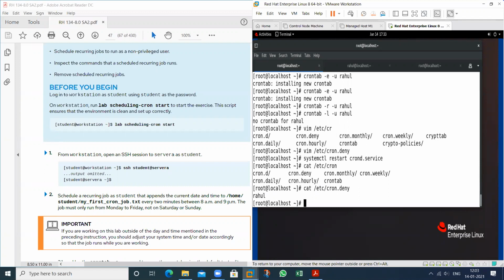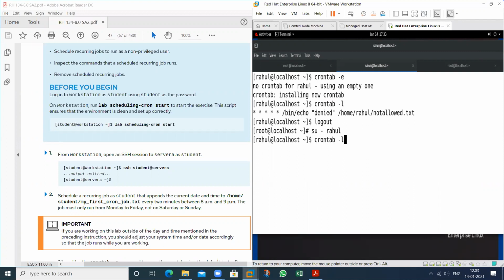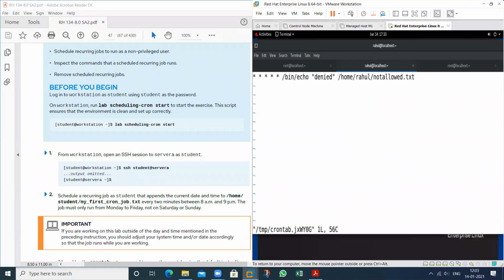Rahul cannot create the scheduling task. But at this time, this user is able to create.